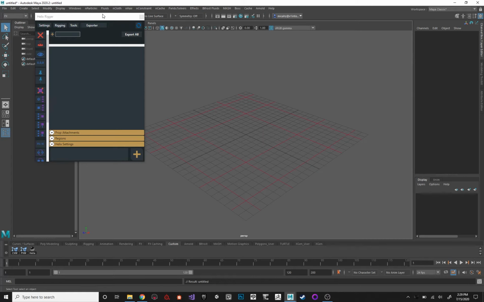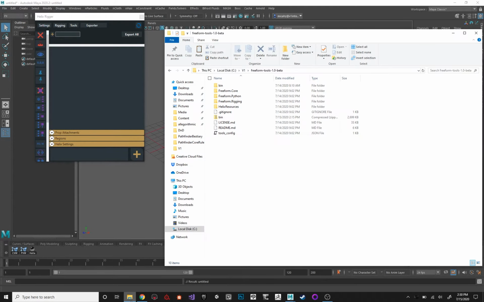If you were running the Helix tools on your own, just as a standalone thing to rig your own characters, the first setup video is all you need to run through. But in this video, I'm going to go through the tools config file,